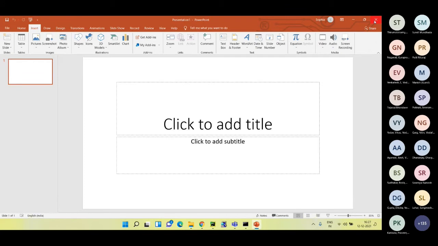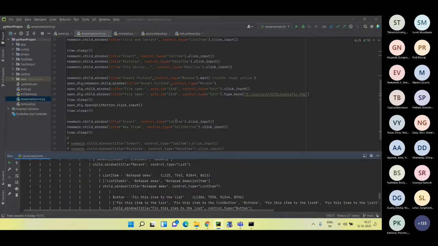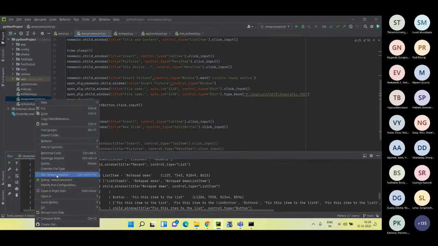Let me close the PowerPoint. Here I'm manually closing the PowerPoint, but there is also code in Python itself where you can close all the instances of a particular application, let's say PowerPoint. Before the beginning of each test script, you can write that code or a method that will close all the processes of PowerPoint before you start. Let's say your use case is such that you need to clean up everything before starting off, then there is code to close all the process IDs. I'm not showing that right now, but there is a way to do that also.